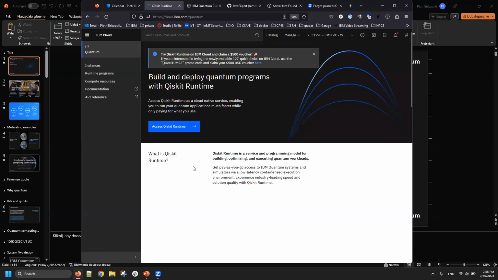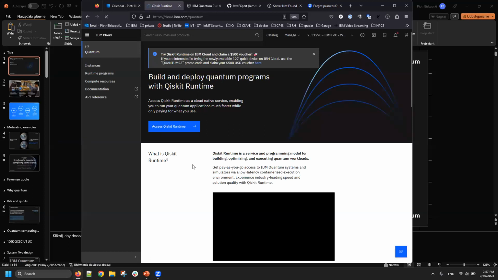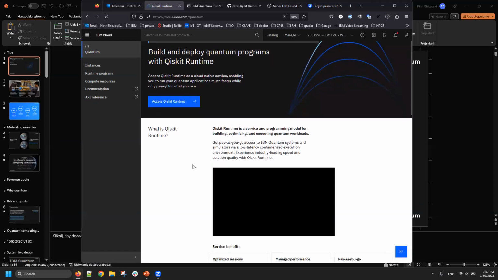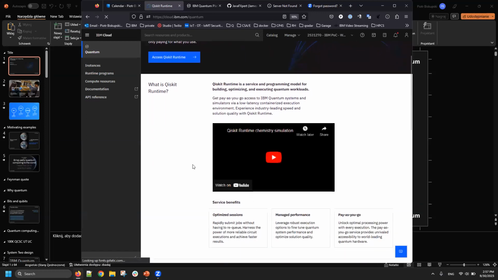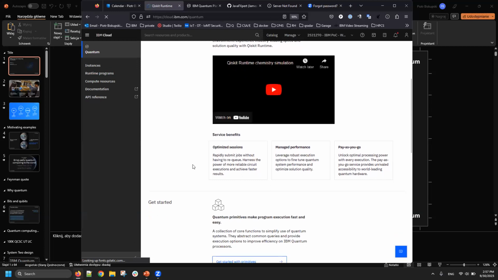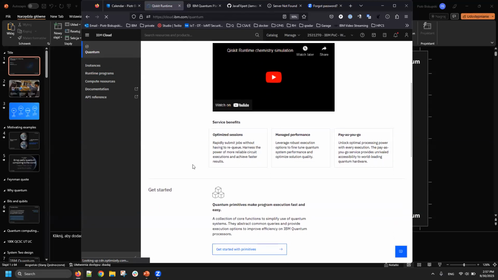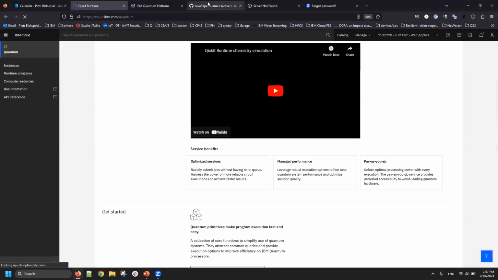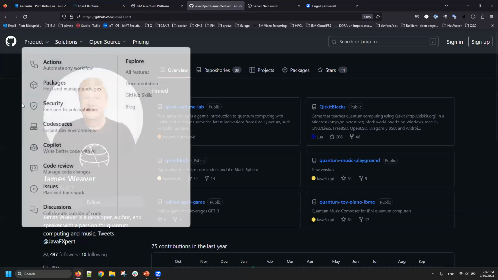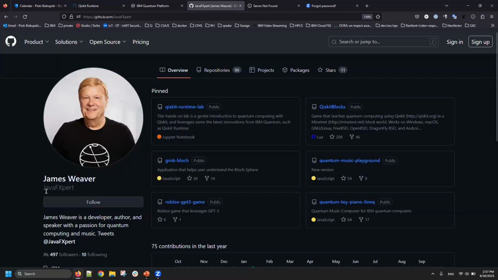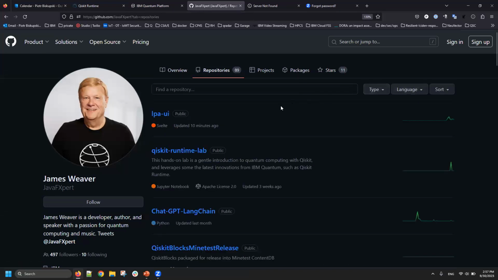Okay, and now you can see the information about the Qiskit runtimes, how you can access the Qiskit runtimes, and what you can achieve with those primitives. I would also encourage you to find James Weaver. On GitHub, it's Java FXpert. And in his repositories, there is a Qiskit runtime lab